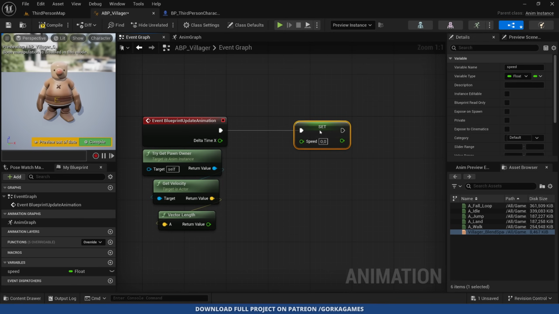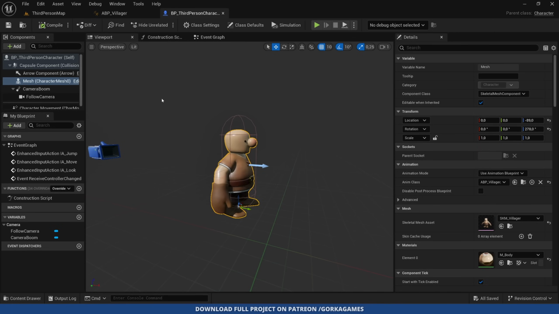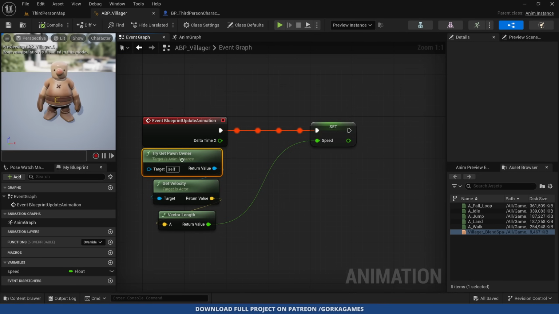And then we can plug the update to the set and then drag the return value of our velocity to our speed. And now when I compile, press play, as you can see, every frame this is being called, and therefore we're getting the owner's speed, so the third person character's velocity, converting this into a nice float and putting